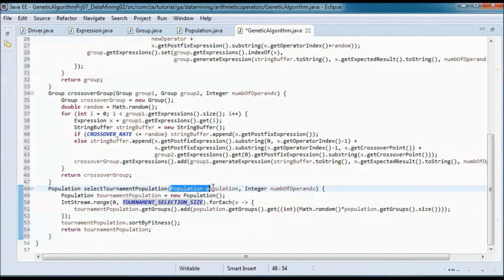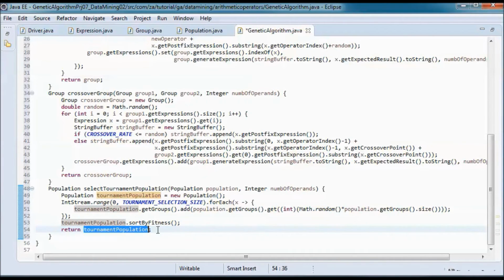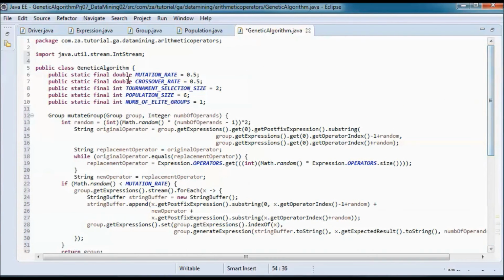We are passing it the full population, and for convenience the number of operands, and it instantiates a tournament population and returns that randomly selected tournament population after sorting it by fitness. And in this case we'll have two groups in this population, since the tournament selection size is 2.